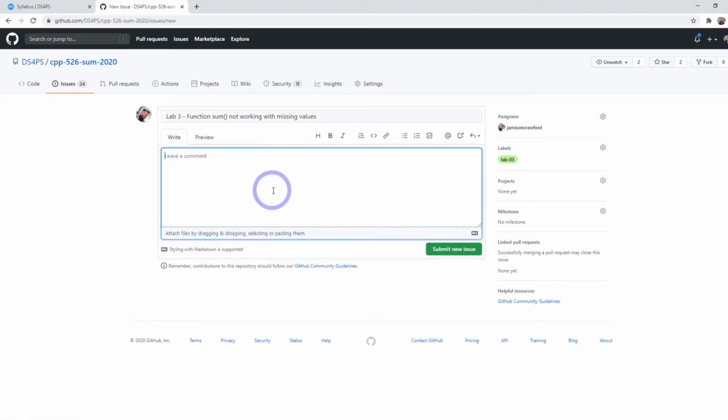Then you have your body text. This allows you to explain your issue in more detail. Try to explain what your expectations were, and try to give a small reproducible example of your code. And essentially you want to provide, within reason, as much detail as possible for your instructor or other peers to be able to understand and reproduce the conditions which caused your error or whatever challenge you're facing,